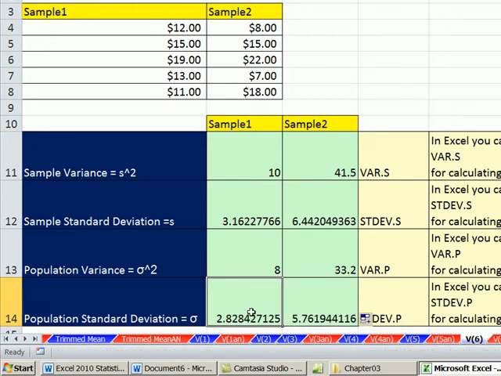So again, here it is. By doing the n-1 up here, it bumps it up a little bit to make up for the tendency of sample data to underestimate the population parameter. Now, one last tab. We want to go to